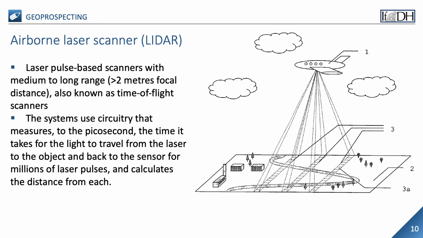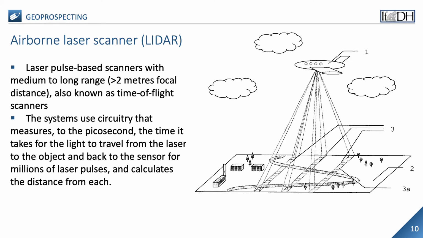For example, a laser pulse-based scanner with a medium to long range over 2 meters focal distance can image terrain with a resolution of 30 centimeters or better. To do this, the systems use circuitry that measures to the picosecond the time it takes for the light to travel from the laser to the object and back to the sensor for millions of laser pulses,